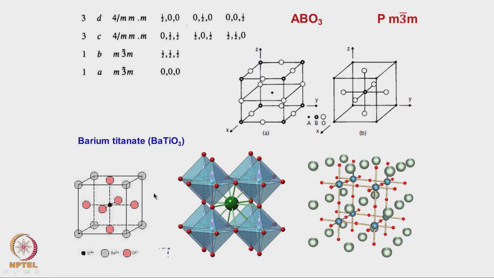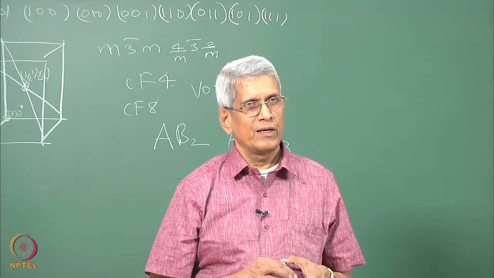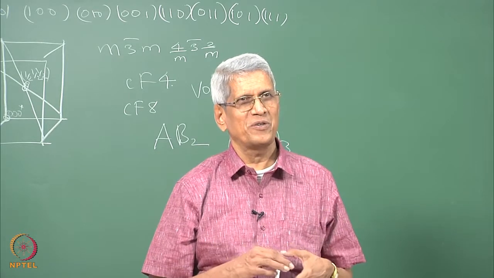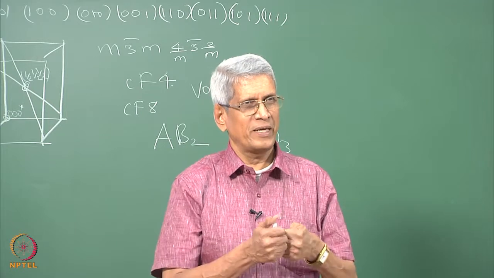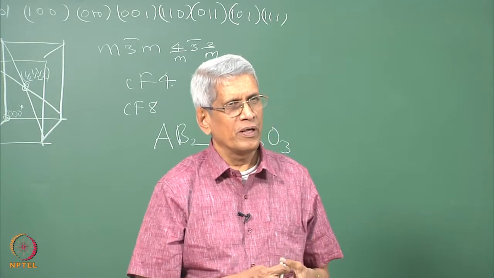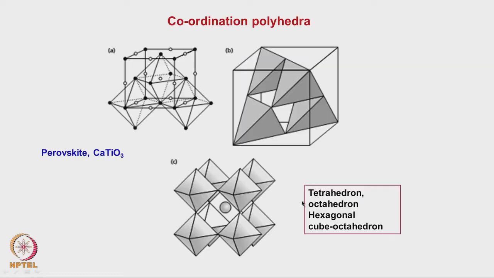You know what is the property of barium titanate? It's a piezoelectric. So, piezoelectric means that what it should have? It should be a polar molecule, right? By application of stress you should be able to. But looking at it, do we see any of these? From the structure it looks like a cubic structure, right? When it undergoes the transformation, there is a slight distortion.